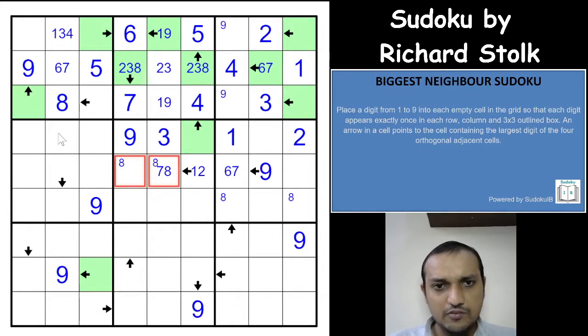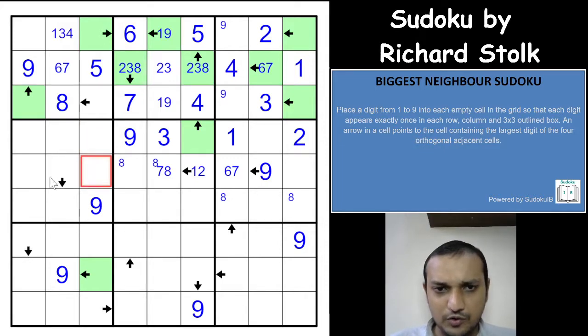Okay, right? Which means 8 cannot be here. 8 cannot be here. Wow. So 8 cannot be in any of these 6 cells for the classic rule. Right? 8 cannot be here because you will have 2 arrows. 8 cannot be here and 8 would have to be here. That means